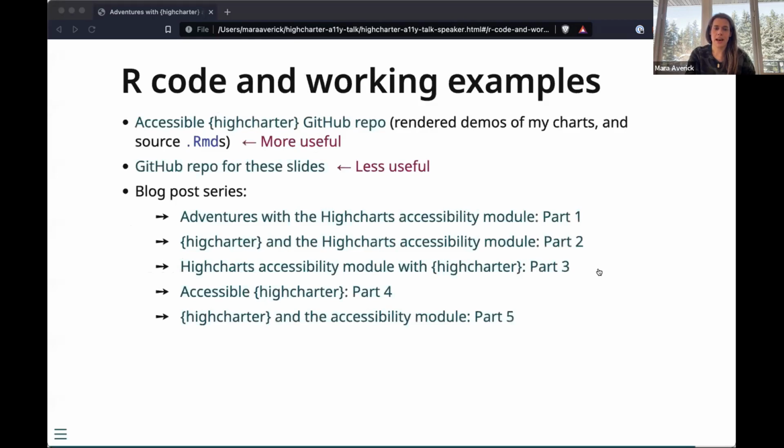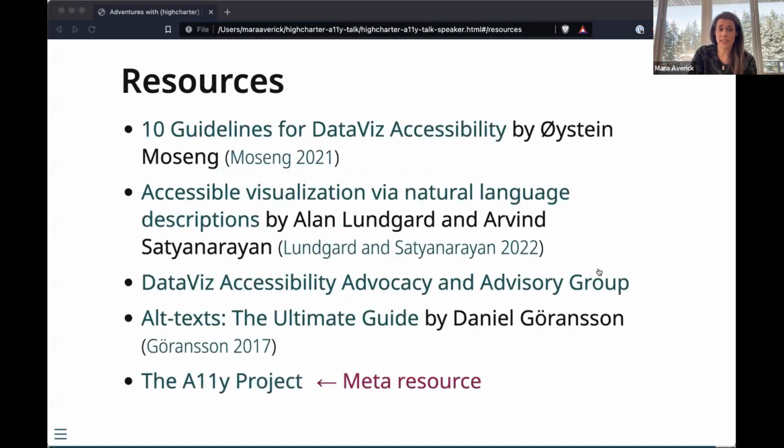So these you can access in my slides. These have the R code and the working examples, and the blog post series, which if you're interested in, you can see them. Resources: the 10 guidelines for data viz accessibility by Oystein Moseng, who's one of the Highcharts core developers; that paper I mentioned earlier, the accessible visualization via natural language descriptions; the data viz accessibility and advocacy group has an ever-growing